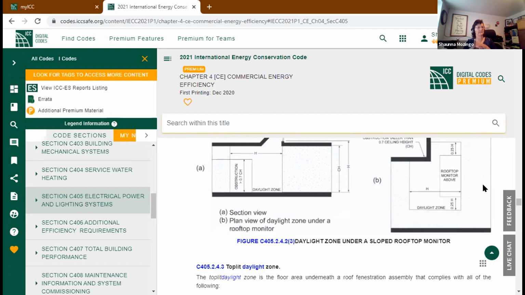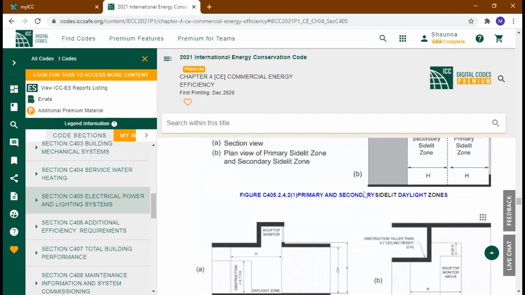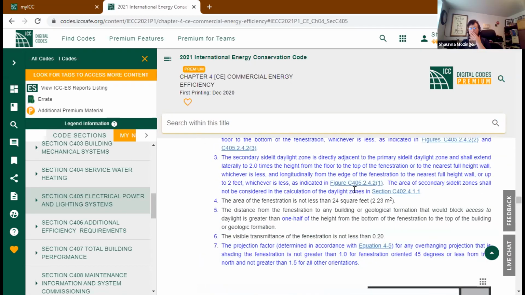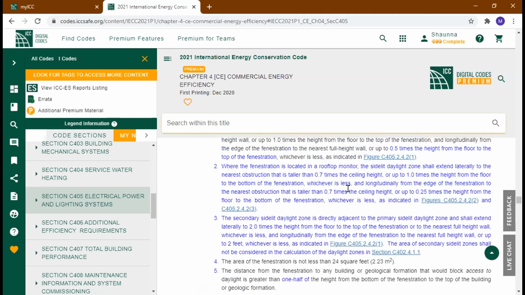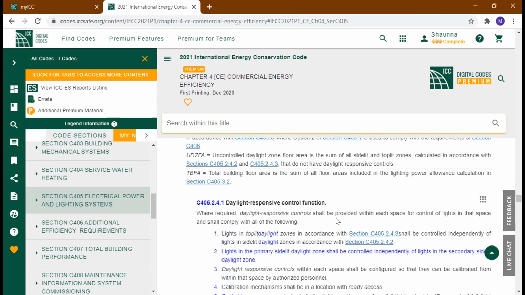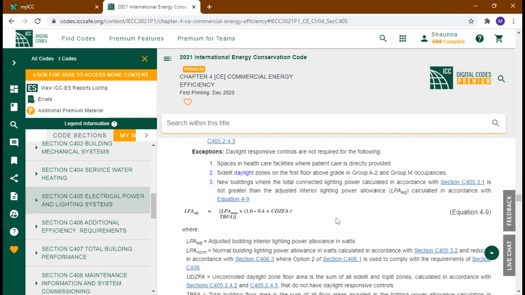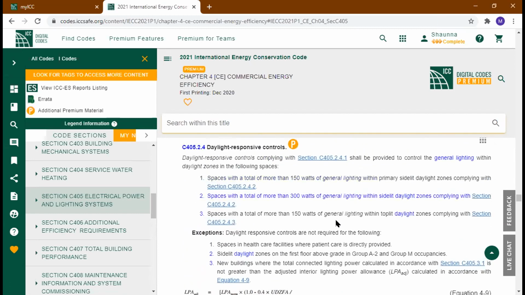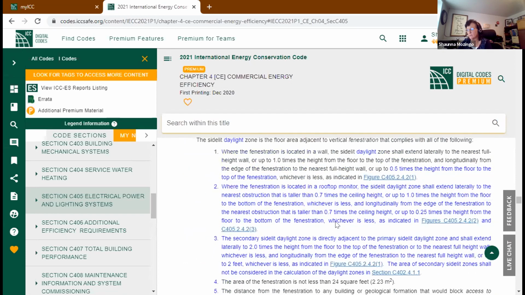But I guess I don't understand the second half of that question. The minimum area. It sounds like it's dependent on what the size is of your primary daylighting zone. Can you just read the question again? Okay, so it is the 150 watts in the primary daylighting zone. The total wattage was the first one, and then is that for a specific minimum area? Yes, if I'm understanding right, it is for